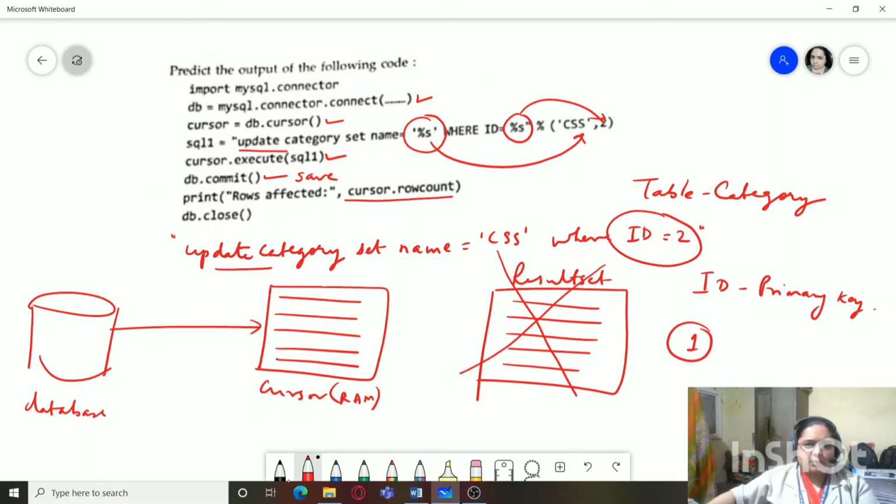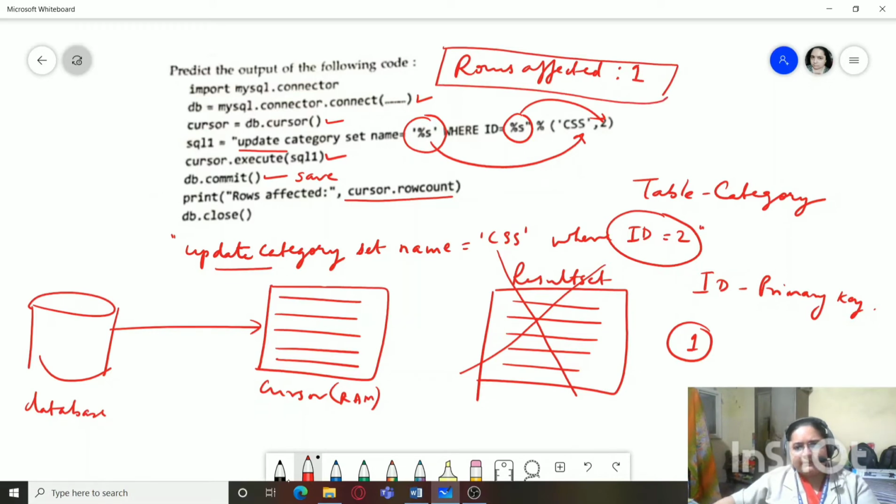So at the end, print rows affected. What should be the output? It will be this. Rows affected, answer is 1, because only one of the records will have its ID as 2. That's because ID fields are usually primary key fields.